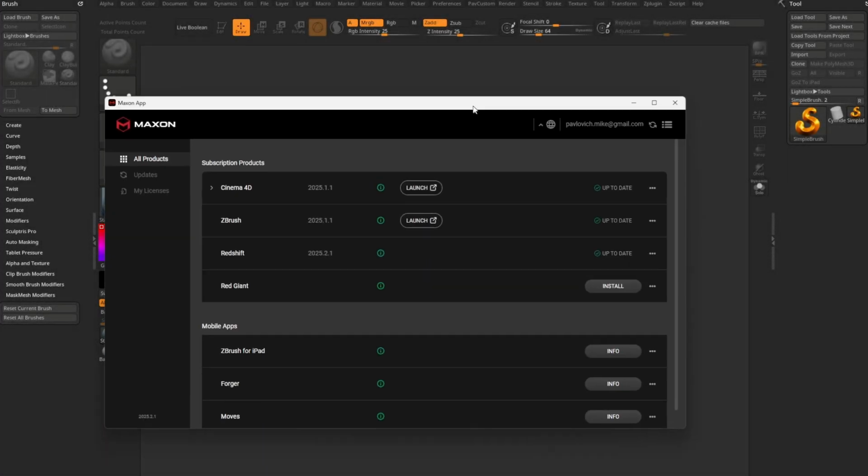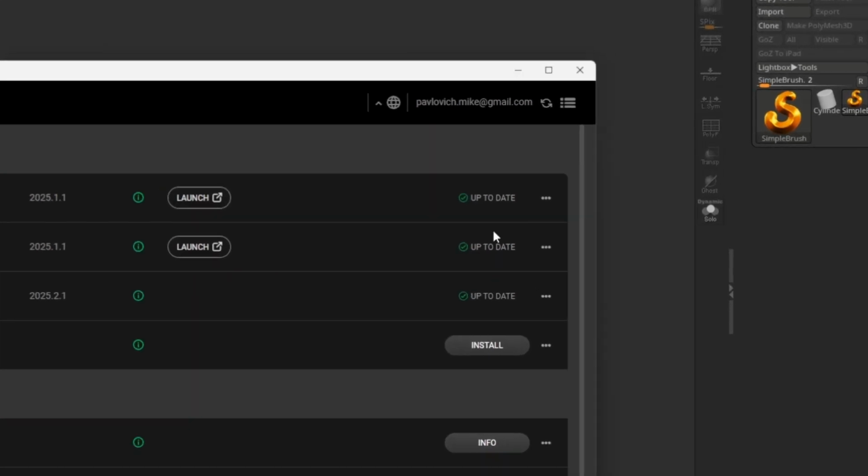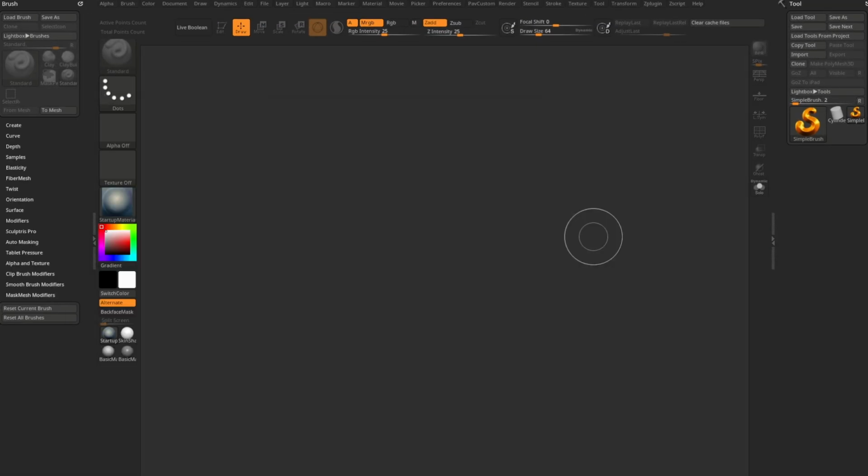Alright, so the first thing we're going to do is make sure we have the updated version of ZBrush and Redshift using the Maxon app. So you can see we're up to date here. Go ahead and launch ZBrush, and we're going to set up a really simple scene file just to make sure